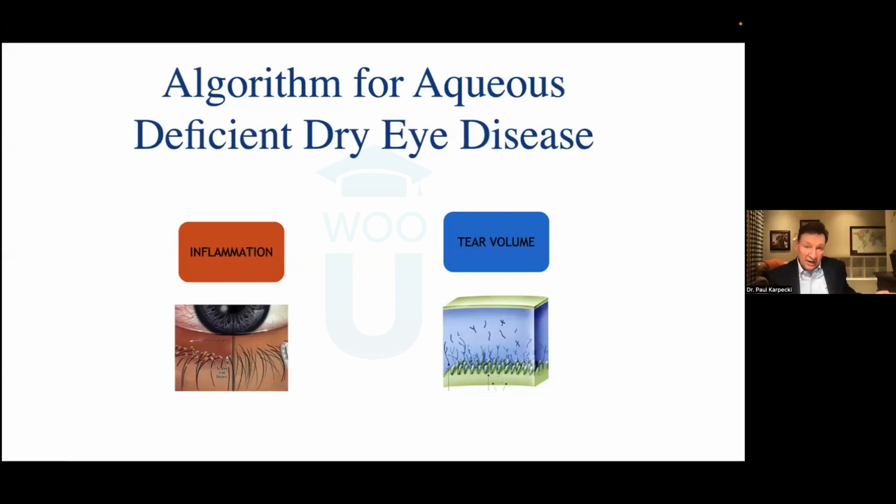Aqueous deficient dry eye. Again, how do you know if it's aqueous deficient dry eye? You look at the tear meniscus. If it's really thin, that means you don't have the bulk of tears from the lacrimal glands, accessory lacrimal glands, so the volume's low. 2 things to worry about here, because our oil glands are usually fine. It's only 14% of the population, but still, inflammation and tear volume. So you start thinking tear volume. Ooh, this is where punctal plugs are fantastic. Once you get the inflammation control, they're the best thing you could do for a lot of these patients.